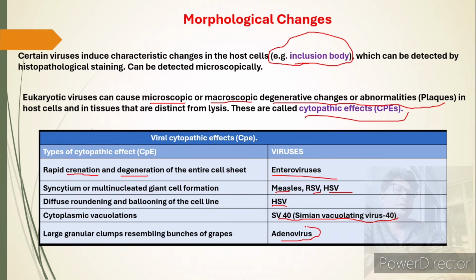So you can see here, though I told you about abnormalities and plaque formation, not all pathogenic forms are plaque formation, but there are morphological and degenerative changes which do not actually happen to a cell in a normal condition. That is classified as viral cytopathic effects and depends on the virus, from one virus to another.